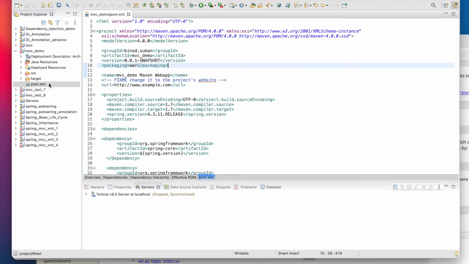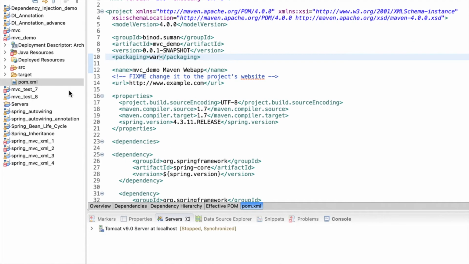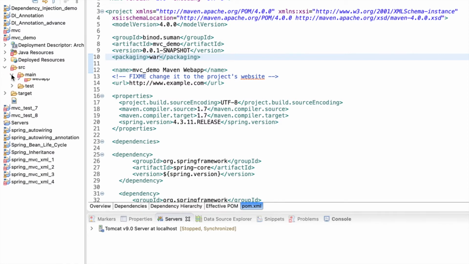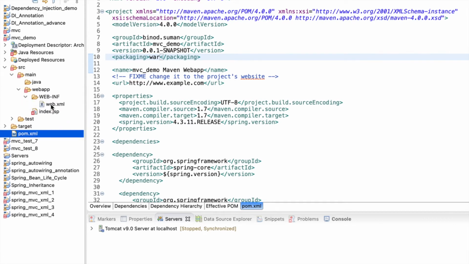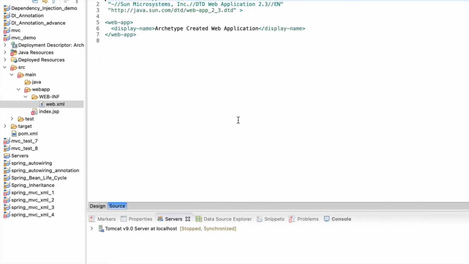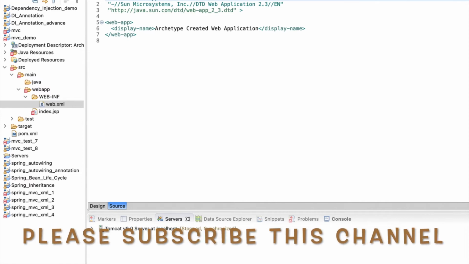Now come to the web.xml. So here is the web.xml. If you see here, project src main webapp, inside WEB-INF we have the web.xml, right? So what you have to do in web.xml, you have to code a little bit to make it compatible for the web application in the Spring framework.